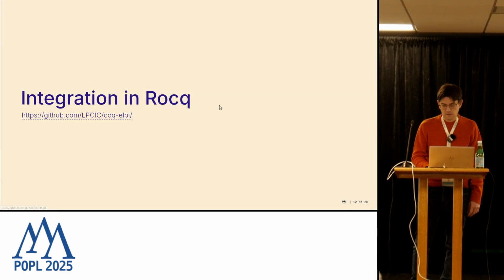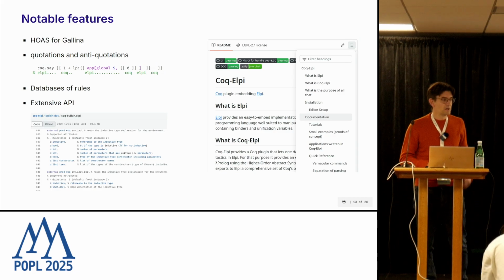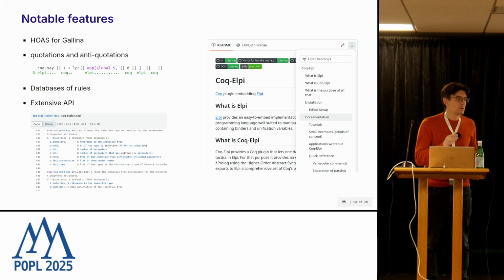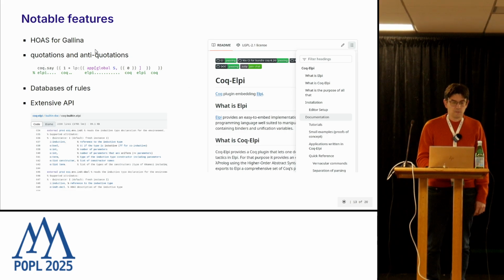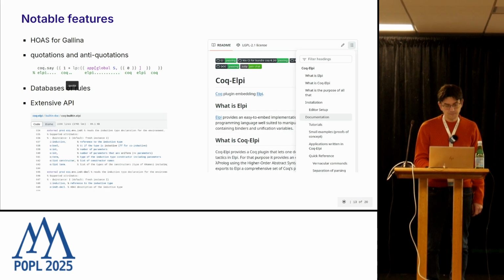So now, when it is integrated in Coq, of course, you have a description of the terms of Coq in higher order abstract syntax. I won't show it to you because you usually don't need to know all the details for little demos, because you have a system of quotation and anti-quotations. For example, this is an API to print a message. And these double curly braces jump from the world of Elpi to the world of Coq. So inside here, you have a term written using the Coq syntax parsed with the Coq parser. Okay? And this Elpi colon curly brace goes back to the world of the syntax tree of Elpi,